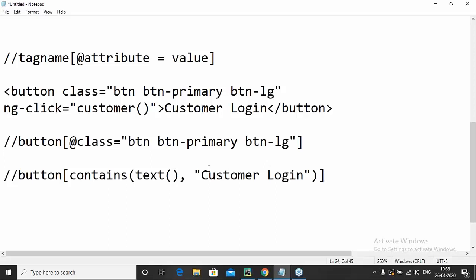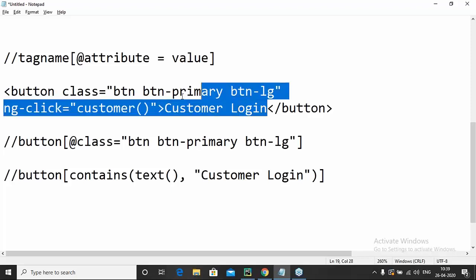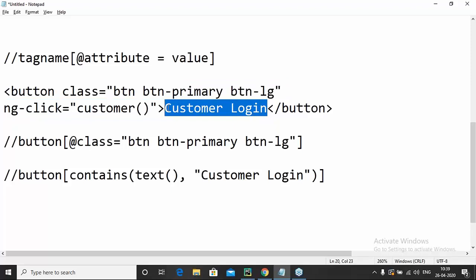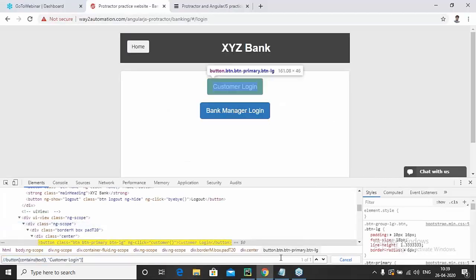So for the first one, what was exactly happening? I was not able to locate the element using the attribute because this attribute was not unique in nature. So what exactly I did, I used a function of XPath which is called the contains function. Now this contains function takes multiple attributes, for example, text. Now if you go to this line, which was the button one, the line to copy, here you can see that there is a text mentioned, which is called customer login. So I'm going to identify this element using this customer login text, since this is going to be unique in the complete web page, right? So I simply write contains text customer login, and it says, boss, you have one of one available.